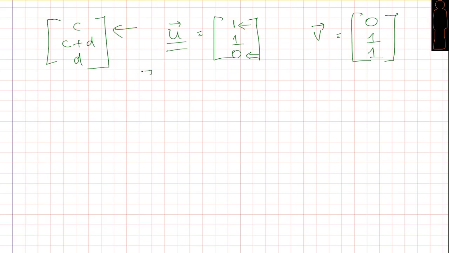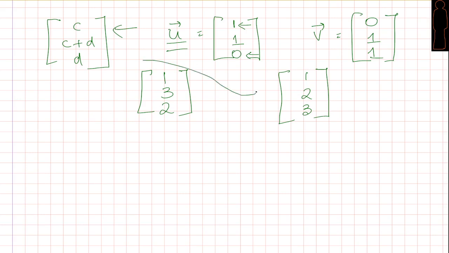Therefore, shall we pick up one more vector that should probably lie on this plane? The easiest thing is, I'm going to put a 1 here, put a 2 for d. Now you can guess what is the vector that's going to lie on this plane. It will be 1 3 2. Let me ask a different question. If I write the vector 1 2 3 and ask you, does this lie on this plane? Does this lie on this plane? What would be your answer?